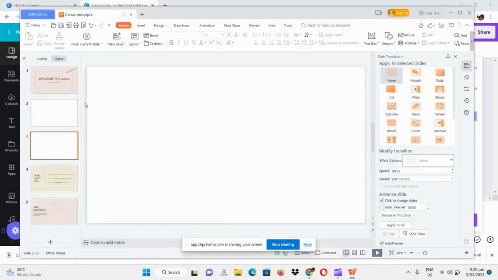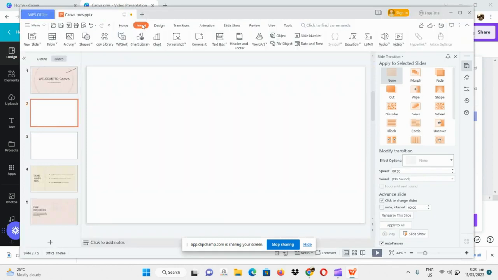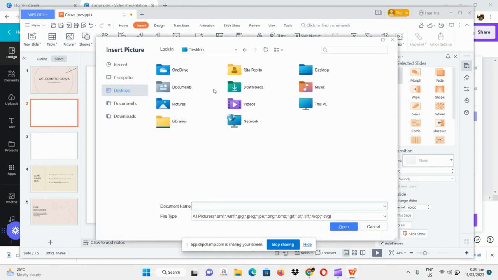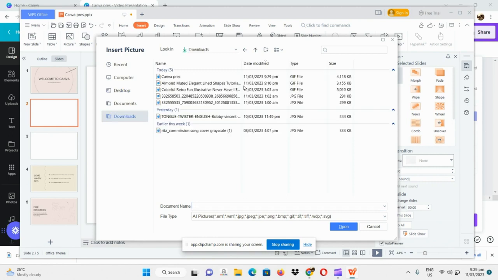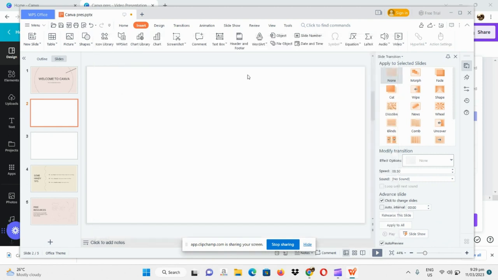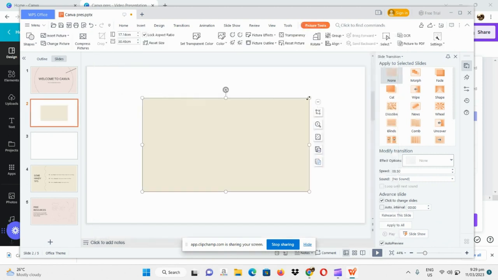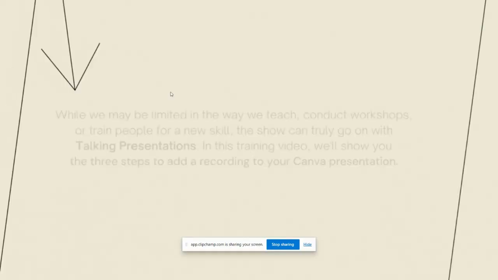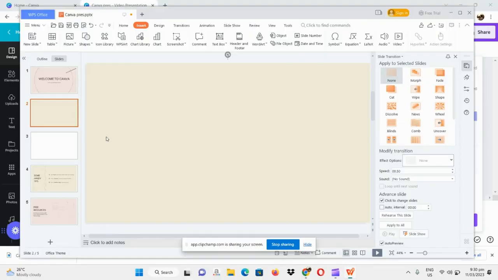Now let's go back to our WPS. In this section, simply click on Insert here and click on Picture. Now for the picture, let's go and search for our saved GIF. So here. As you can see, it's not yet moving. All right. But once we click on this one, you will see that we can see our graphic